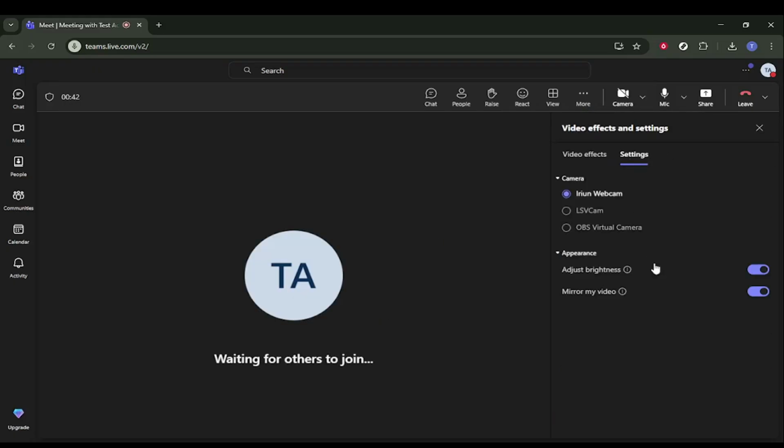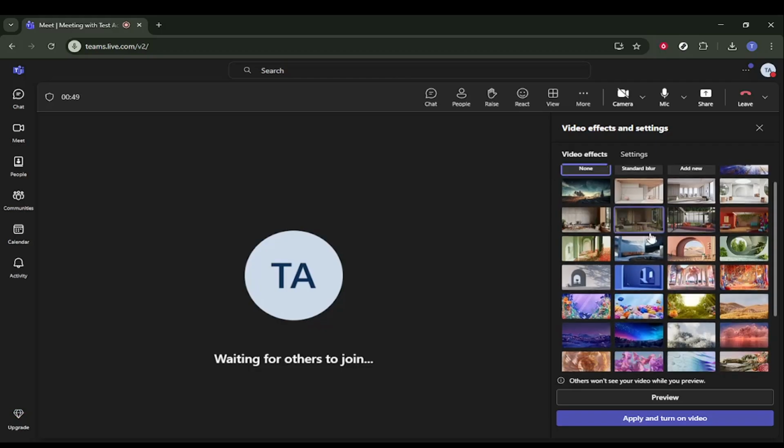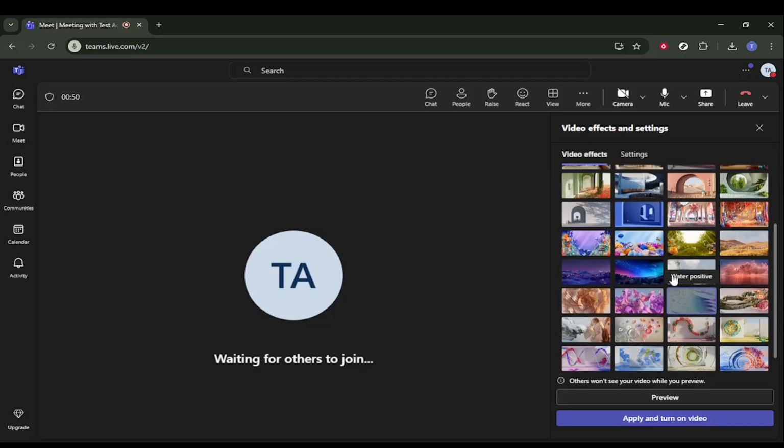After that, click Video Effects. This is where Teams provides visual effects that can change your on-camera appearance. Depending on your version of Teams and your organization setup, you may see options that help refine how your video looks. As you choose options here, keep an eye on the preview so you can judge the results before you